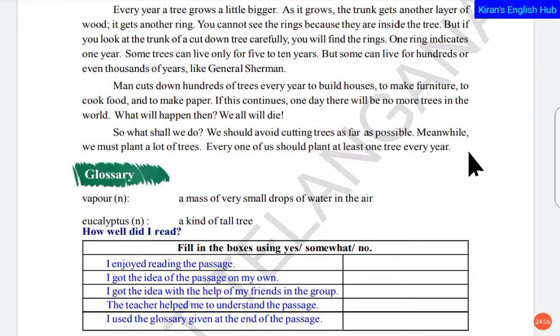Just imagine if you plant one tree a year, at least one tree. By the time you die, for example, if you live for 60 years, or 100 years, that is very good. But the maximum age of the living nowadays is like 55 to 60 years. So if you at least live 50 to 60 years, at the time of your death, there will be 50 to 60 trees. Just imagine how many fruits, how many birds will be taking shelter on that, how much oxygen you will be getting, how much carbon dioxide will be taken from that